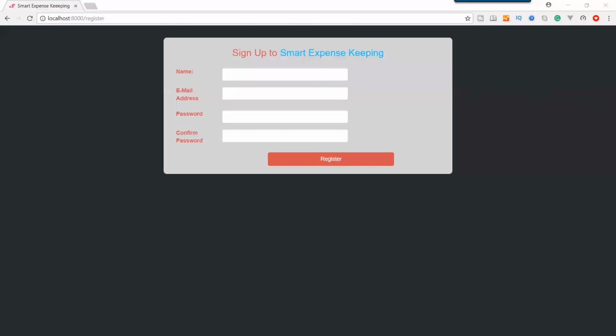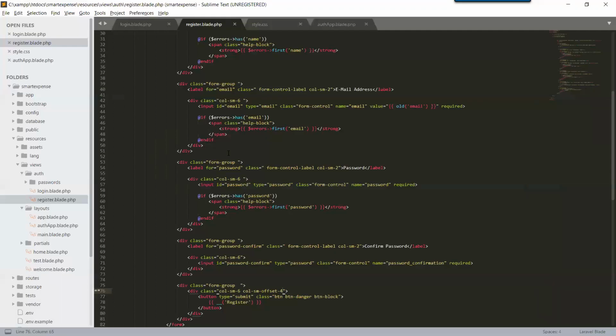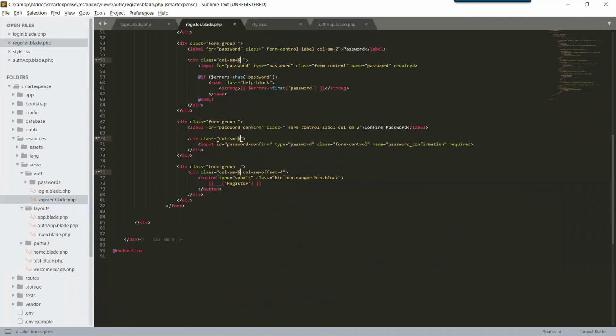Now let's fix our layouts and create our other fields that will require country, state, postal code, and the logo. Before that, let's fix the layout. This is a column small 2 and this is a column small 6, and it is not appropriate. So if we set our column 6, select all, and change it to 10,